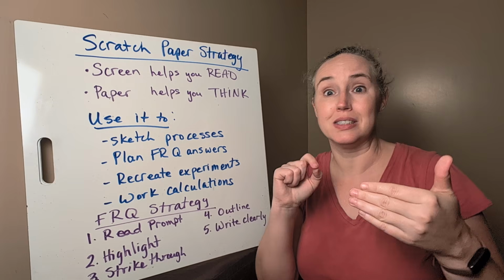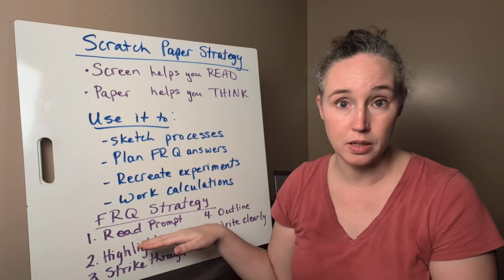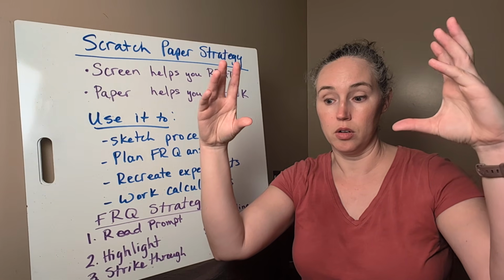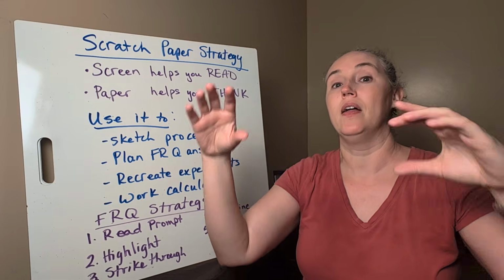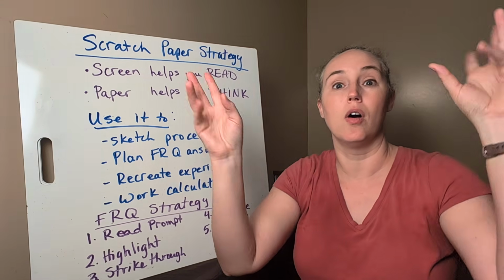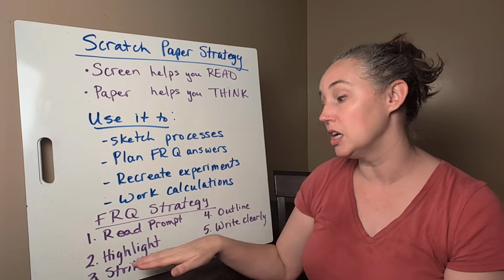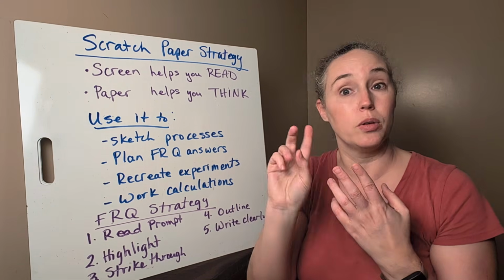And that can get a little dizzying. So first, you want to read the prompt, really start at your main question, towards the bottom. And then the top of the prompt will give you all kinds of deep information, especially in questions 1 and 2. But read the prompt, use the highlight tool, again, to go through and highlight your variables, your control,